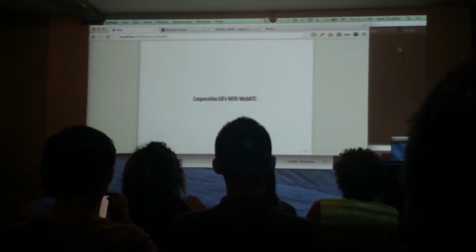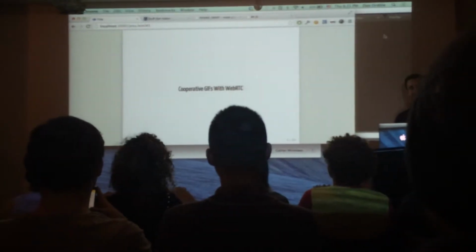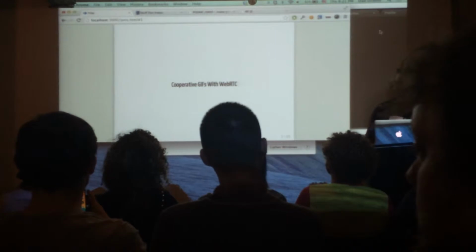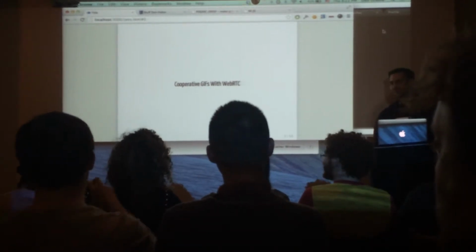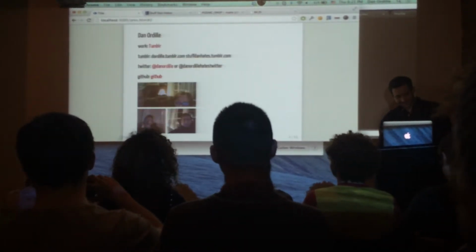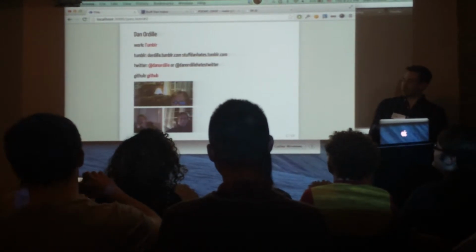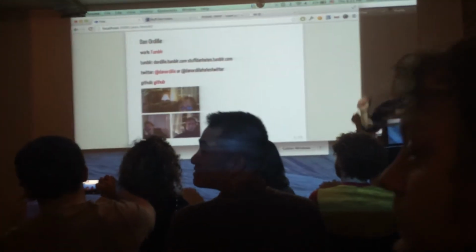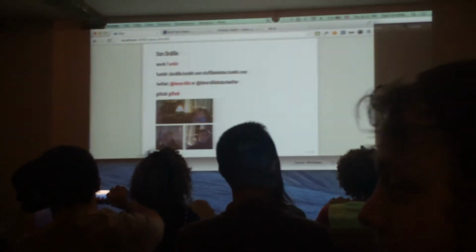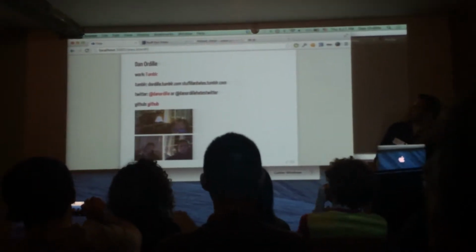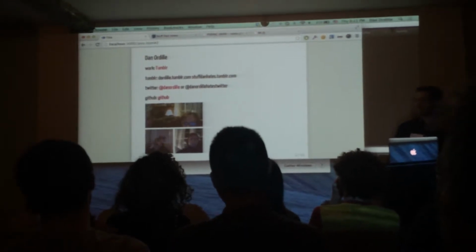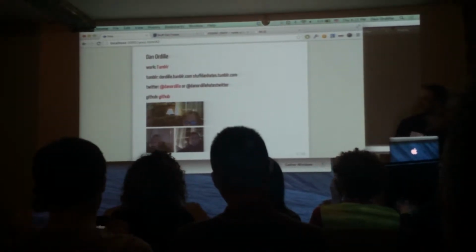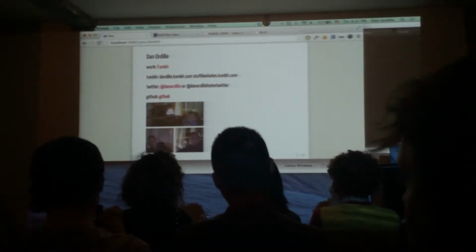Somebody talking about making cooperative GIFs with WebRTC, which I don't even know what that means, so I just needed a word to describe it. So I'm Dan. I work at Tumblr with the fourth row of people minus one. So you can find me on Tumblr at yourdilly.tumblr.com, on Twitter at danordilly.com, or